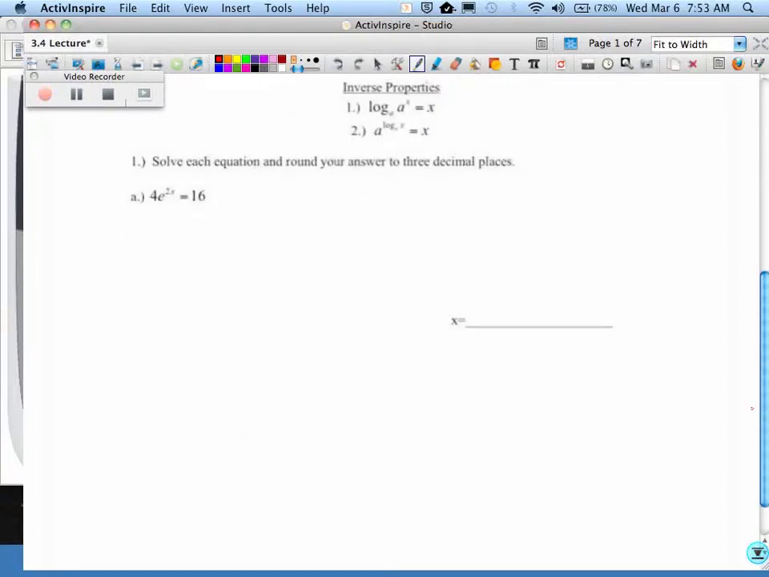So, part A here, 1A. The first rule of working with exponential functions: because our variable is stuck in the exponent, I have to get at that exponent somehow. You need the base to be all by itself. So the very first thing you should look at is trying to get that base all by itself. So if I divide everything by 4,